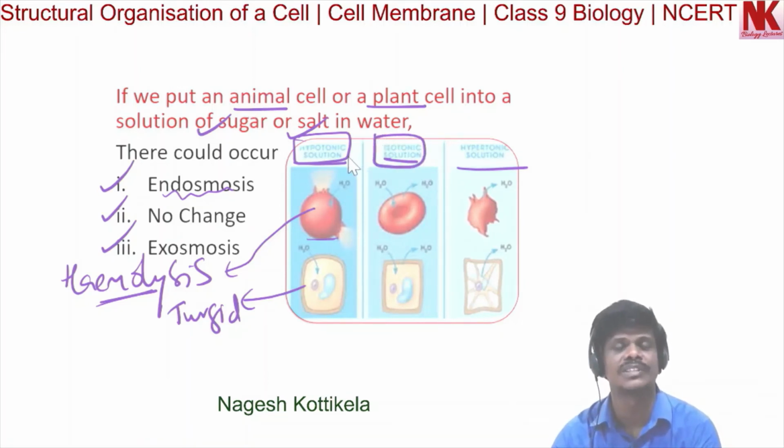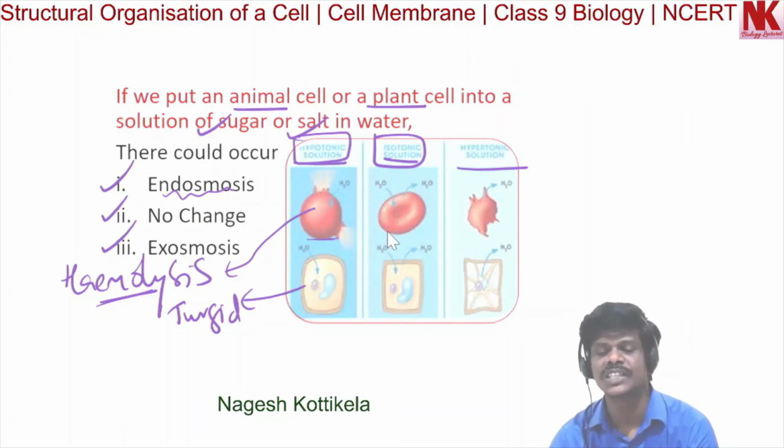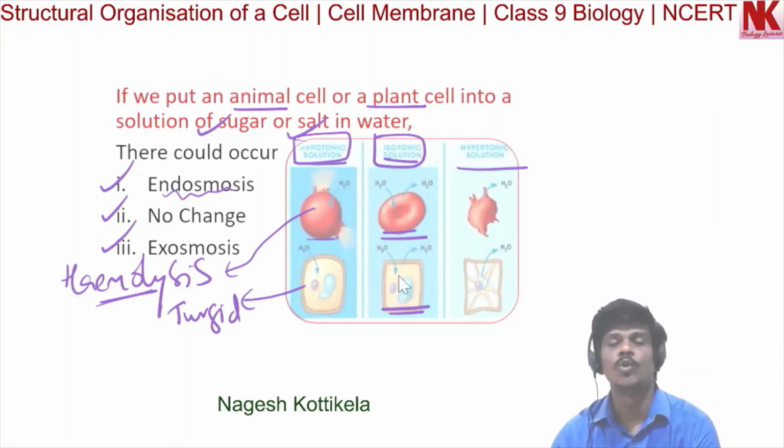Okay, now moving to the next, if a animal cell is placed in isotonic solution. Isotonic solution means it has same water concentration as that of the water concentration in the cell cytoplasm. So water molecules will move in both the directions equally, and the net movement will be zero. Okay, so no change is noticed in case of animal cells that are kept in isotonic solution. And also in case of plant cells, no change is observed because the net movement of water molecules will be zero in isotonic solution.